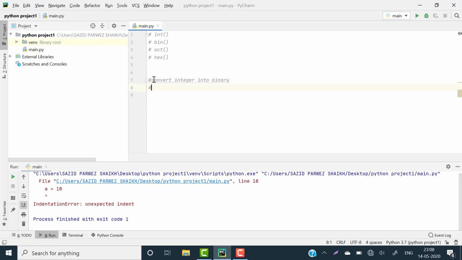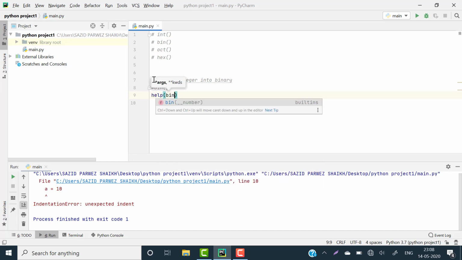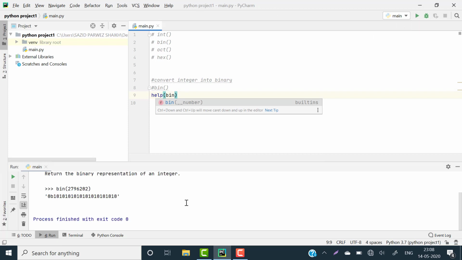We have an inbuilt function that is bin. To know more about bin, we can check it in help. In the Python console, we see that the bin function is returning the binary representation of an integer.